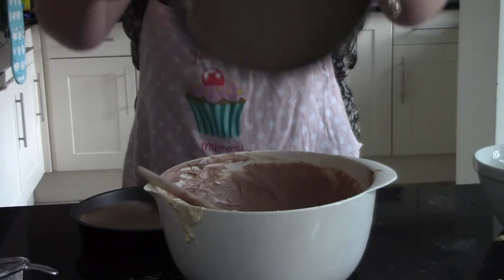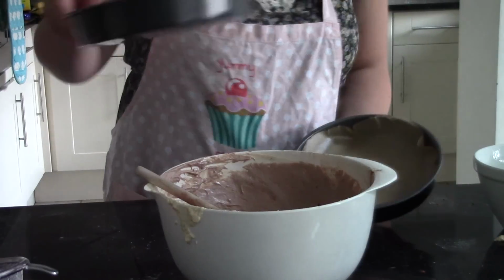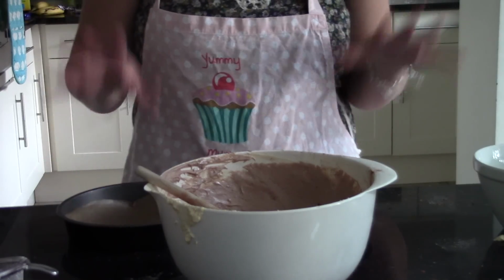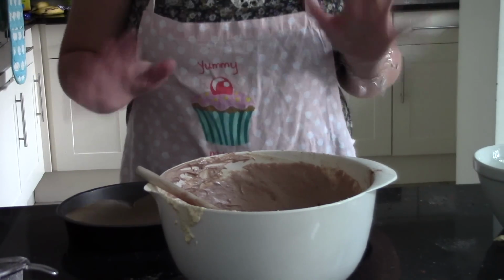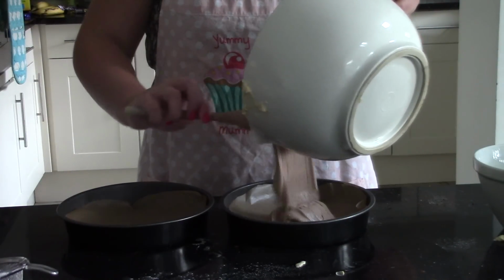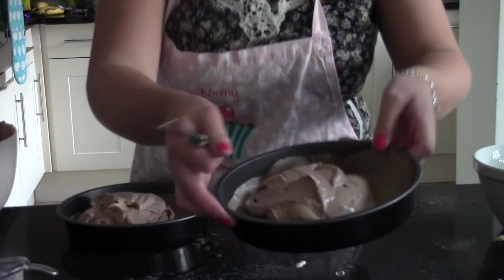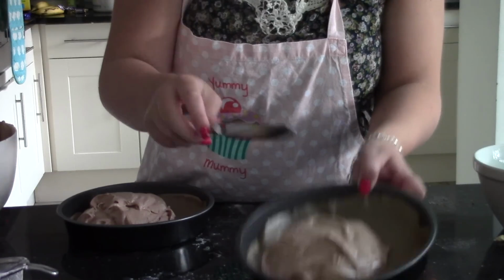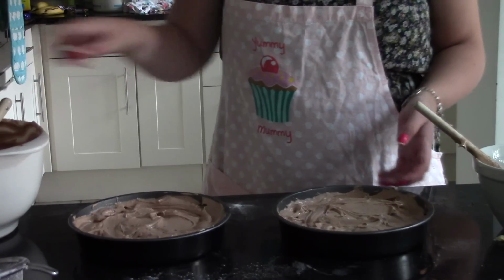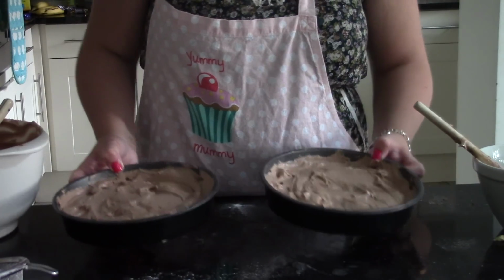it into your tins. I've just got this size tin and I've lined it with greaseproof paper or baking paper, whatever you call it. I'm basically going to pop the mixture evenly into them. This can be quite tricky, but I'm going to try my best. So I'd advise putting a kind of lump in the middle and then using a knife just to spread it to the edges. Okay, so once you have your mixture in the cases, it's time to pop them in the